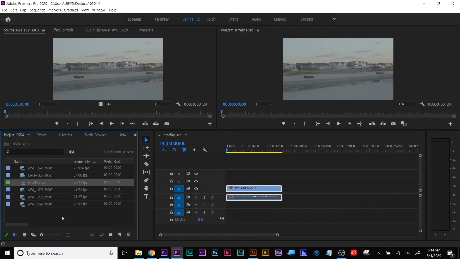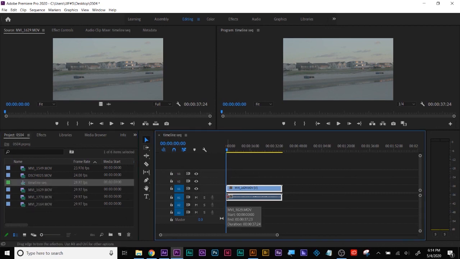Here's what we have in the timeline. The bare bones of editing, like I said, are: come in on a good frame, go out on a good frame. Use only your best takes, use the best parts of your footage, and then put them in the timeline in the order you want it